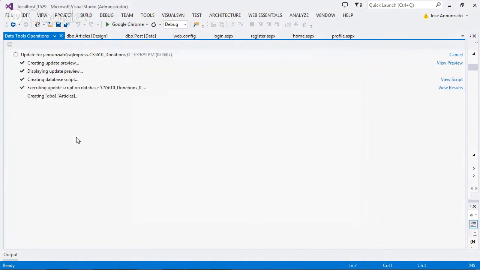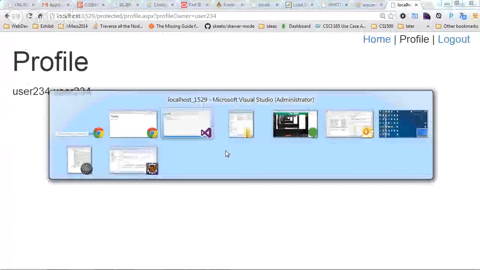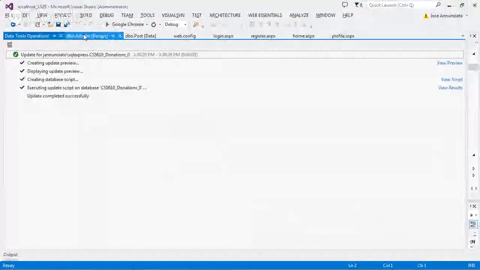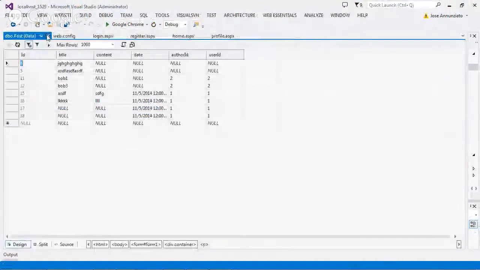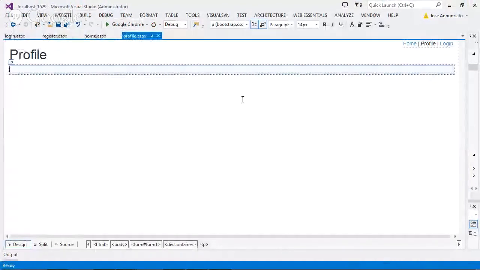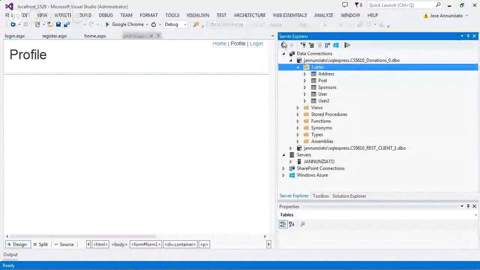Update database. Okay. All right, now we can go back to our profile. And in our profile, let's refresh the tables here,